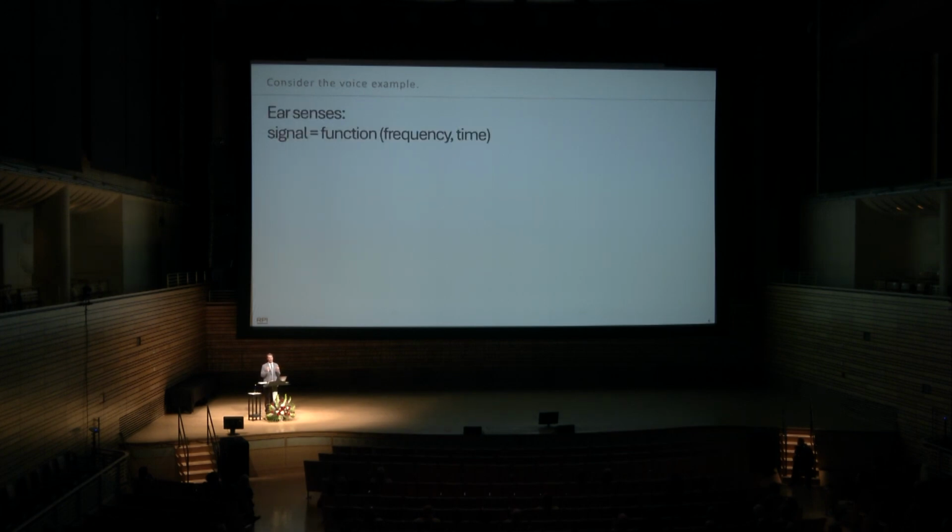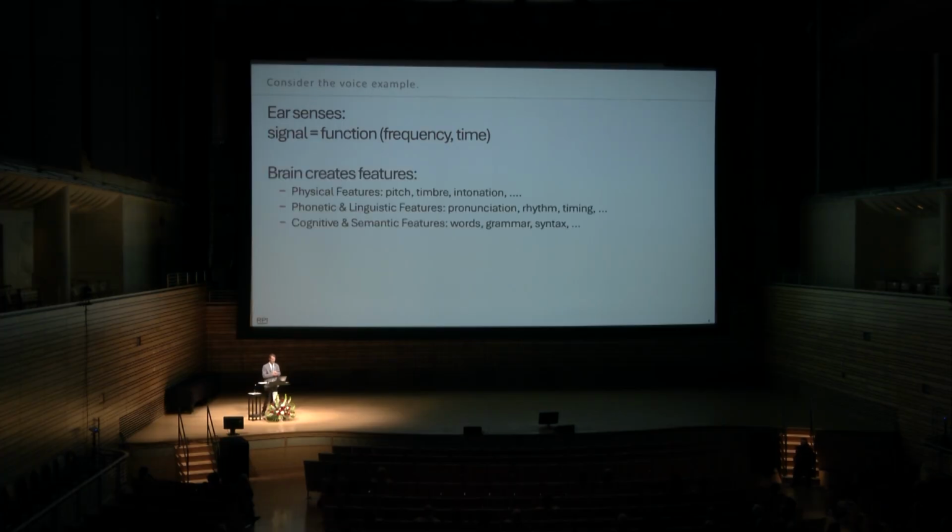So let's focus in a little bit on that voice example. Your ear hears a signal, or hears intensity, and that intensity varies with time, and it also varies with frequency. It has some frequency content. So that's the signal you hear. Although I don't think that way about the voices I hear or the music I hear. Instead, I hear a pitch. What is the tone of the sound? What is the intonation? What is the rise and fall of the sound? Those are physical features that have to do with the time and frequency content of the person speaking.